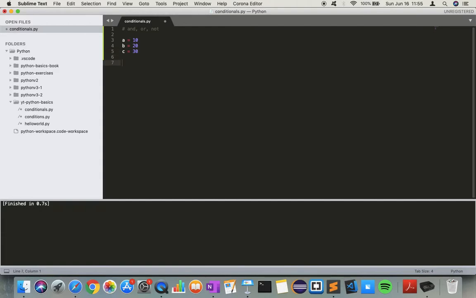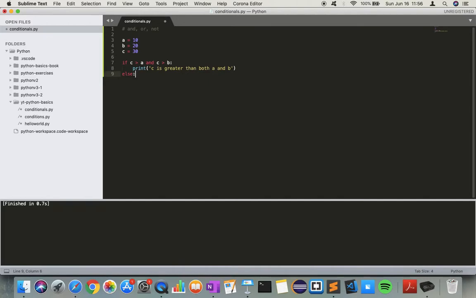Now, if I want to find out if c is greater than both a and b, I can do something like if c is greater than a and c is greater than b, colon, print, quotes, c is greater than both a and b,